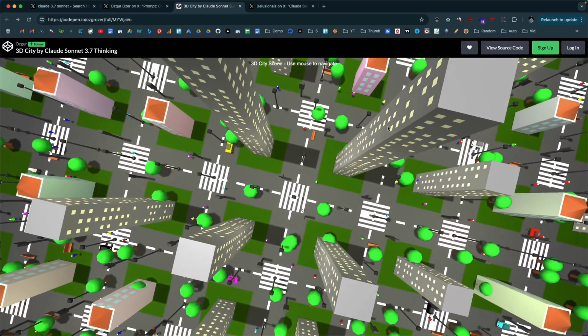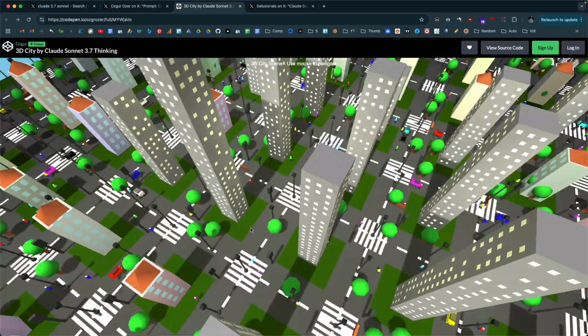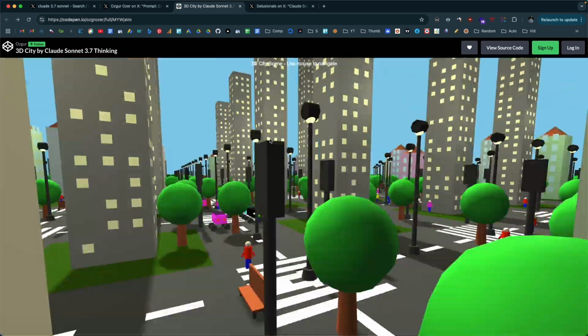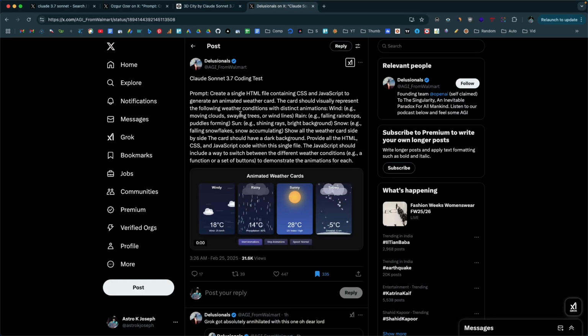Look at that. We have vehicles in there. We have pedestrians in there. A lot of these tall skyscrapers, trees, traffic lights. Oh my God. Can you believe this? And the best part is that Claude was able to generate this in one go. Amazing. And here we have yet another one where this person has asked the AI or Claude 3.7 Sonnet to